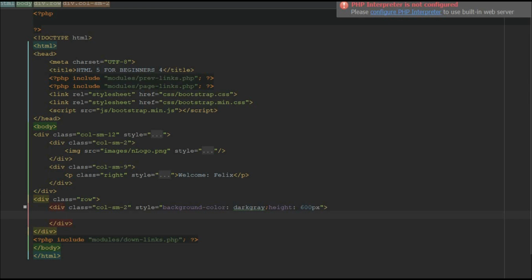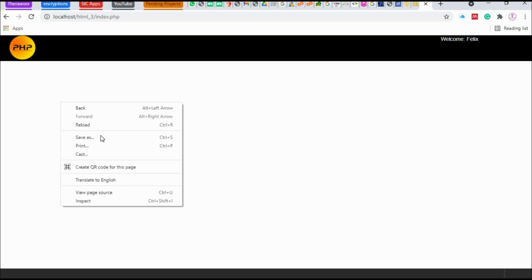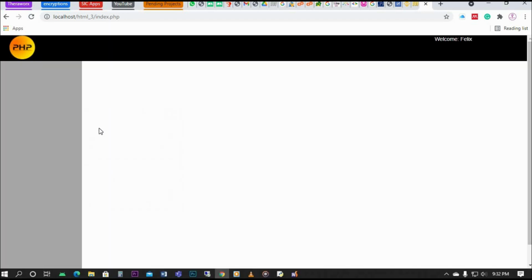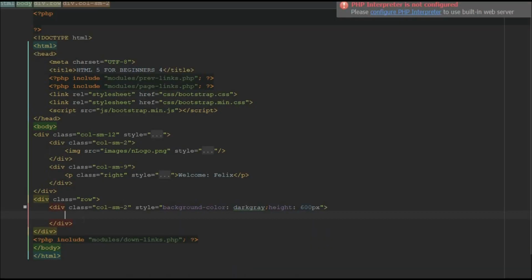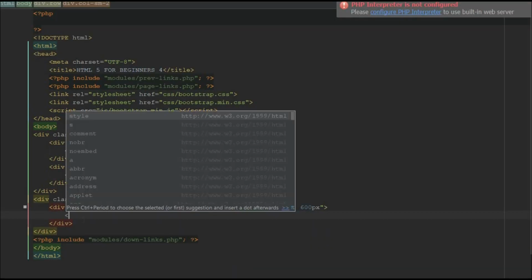This is what we have done so far in the browser. Now we come to put our buttons here. We're going to put our buttons inside the div that we've created. But since we want a button to work in a way that when we click on it, it should load a page for us,